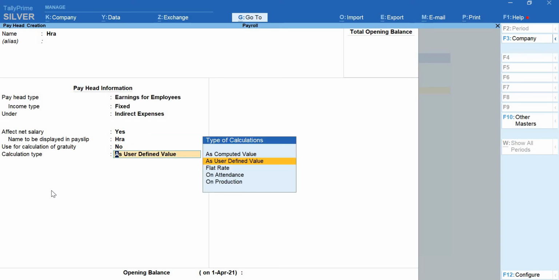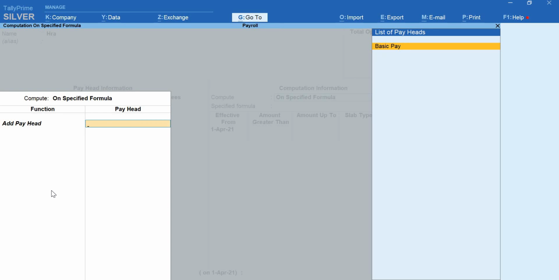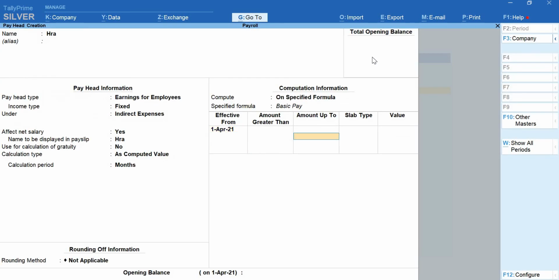And calculation type is as computed value, because I want to tell Tally how to compute on the specified formula, and the formula is on the basic pay. So here I have a list of pay heads. On basic pay, I'll give the percentage as 7% for HRA. So whatever the amount you give for basic pay, 7% of that will be added for HRA purposes.